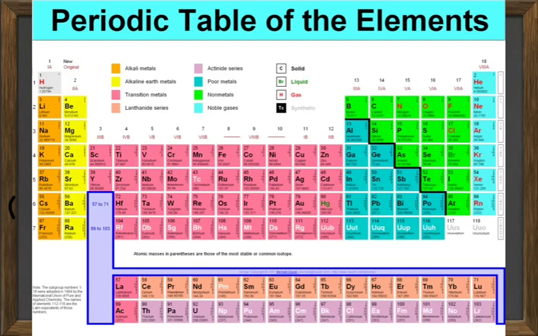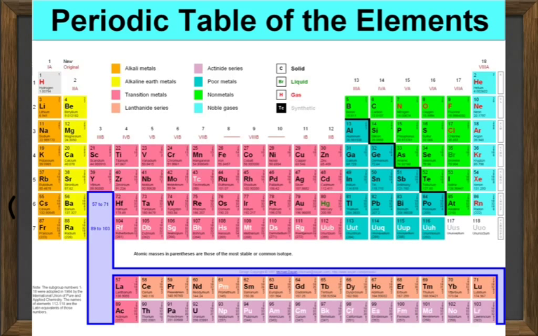The periodic table is an extremely orderly arrangement of the elements, and it was developed in 1869 by a Russian scientist named Mendeleev. And what's really fascinating is Mendeleev, though he is given credit for the development of the periodic table, at the